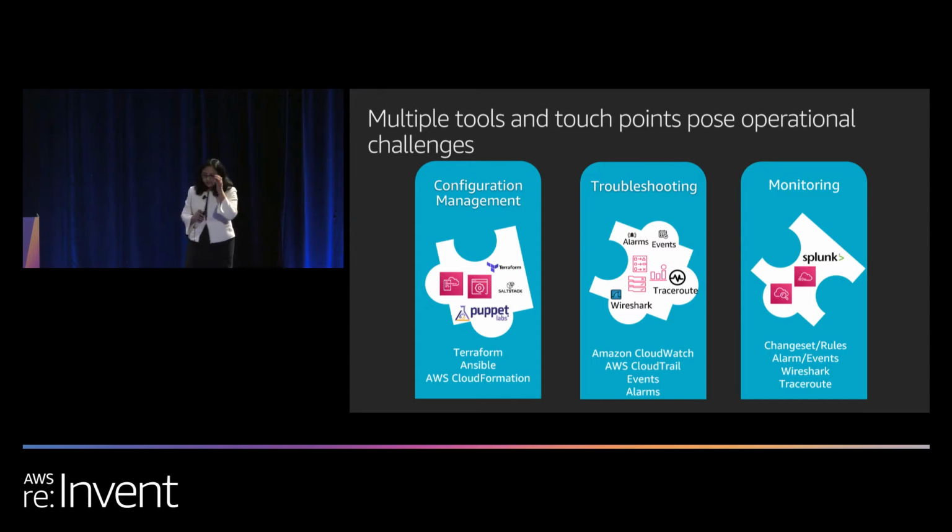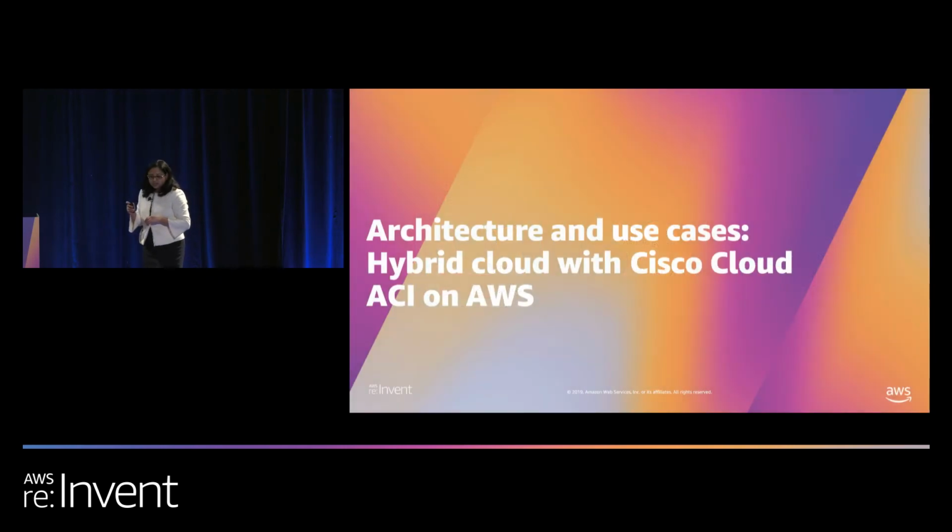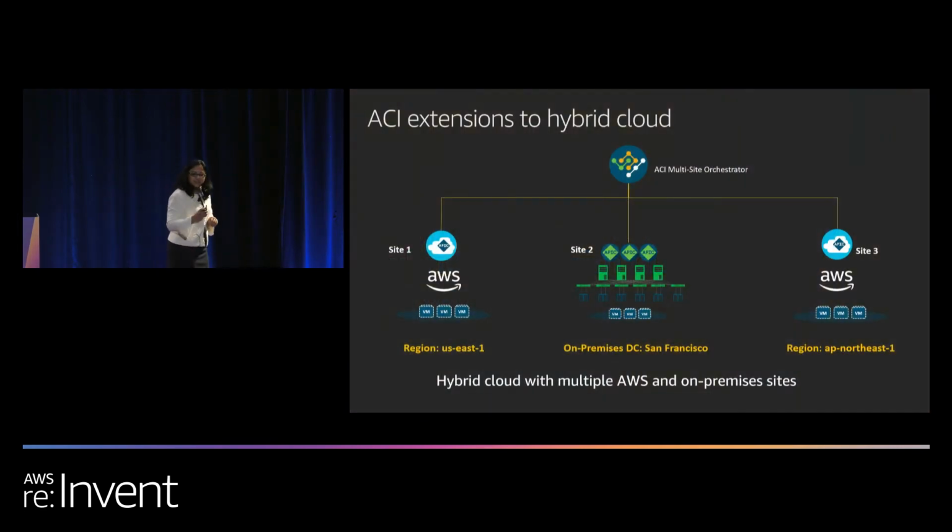And that is where I want to start talking about the architecture and the use cases that have evolved for the hybrid cloud model. Now, if you attended yesterday's leadership session, we announced the partnership between AWS and Cisco on some of the key innovations that have been happening around this area. So what I want to introduce you, a lot of you might already be knowing the Application Centric Infrastructure, or ACI, which has been in existence for more than 6 years for your on-prem data centers. Now, the same technology, same solution, we are now putting on the cloud.